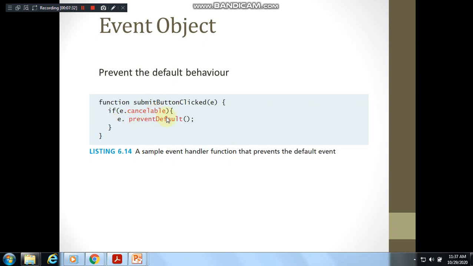So you might have observed that whenever you click on a submit button, data is submitted to the server file which is mentioned in the action attribute of the form, right? So now you want to prevent that, you don't want to submit it by default. So this is how you can cancel it. So it is cancelled, and you can attach some other functionality to that submit button when it is clicked. So that is possible.